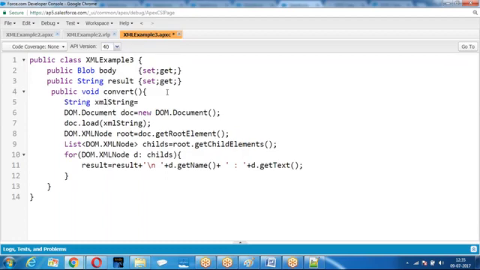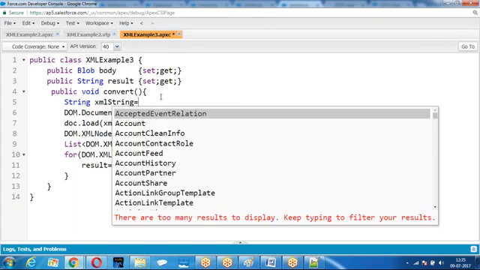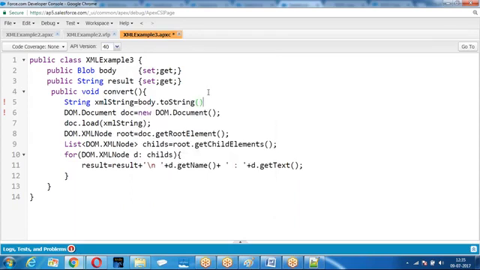equal to, then how do you convert? Blob dot. What is the name of the file? Body dot toString. Whatever the blob is there, the body blob is converted into string. We are converting the body of the blob into string. We are passing only one line of extra code.